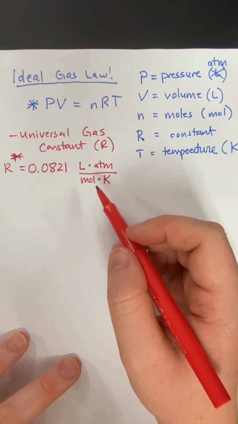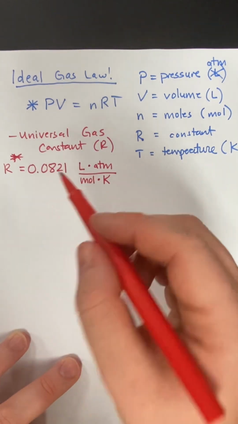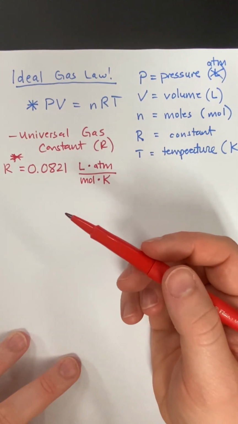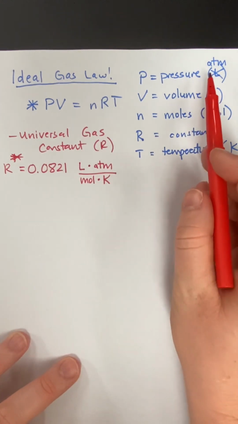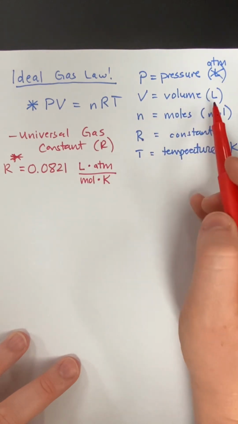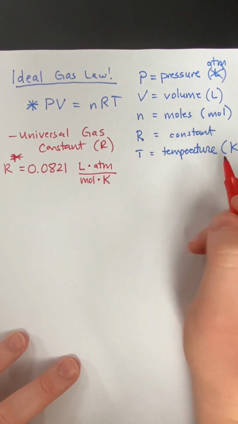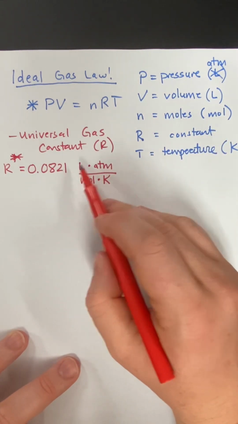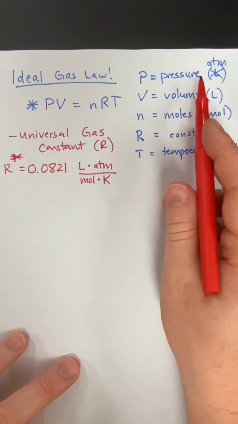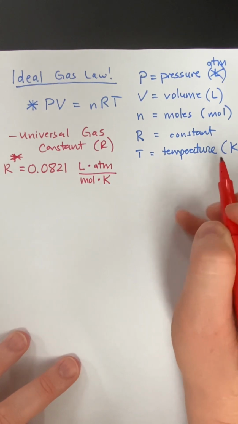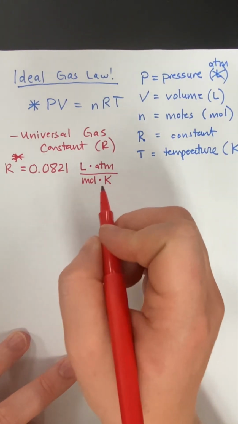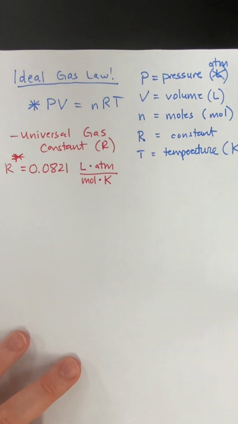Why are they there? Basically, this number is here to make the math work out. And it's set in some of our most common units for chemistry. So pressure in atmospheres, volume in liters, moles, temperature in Kelvin. So you see that, liters, atmospheres, moles, and Kelvin. It matches. What this does mean is anytime you're using the ideal gas law,